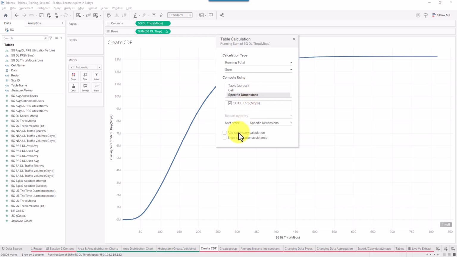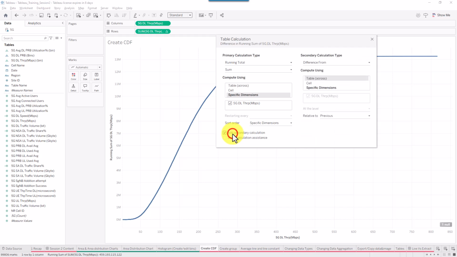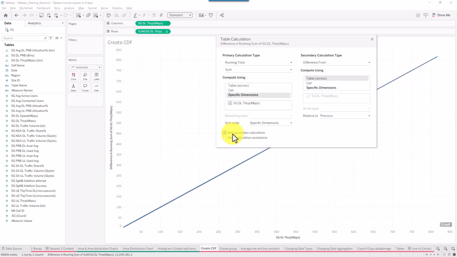Then you need to add something called a secondary calculation, which is this one. Under the secondary calculation, you'll find it opens another pane, called the secondary calculation table, which is this one again, as highlighted here. So this one you need to change to the percent of total,